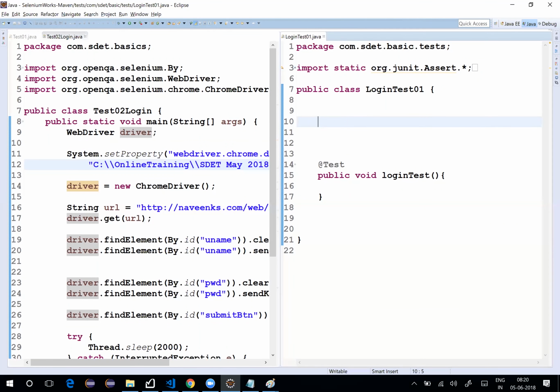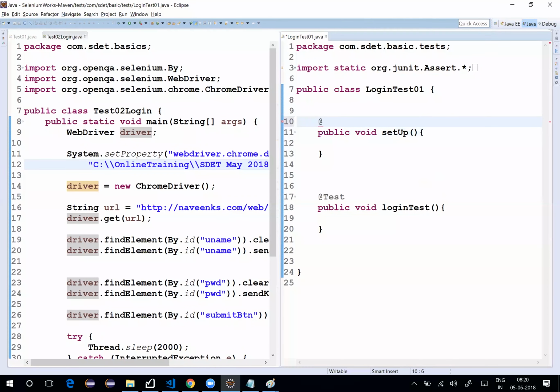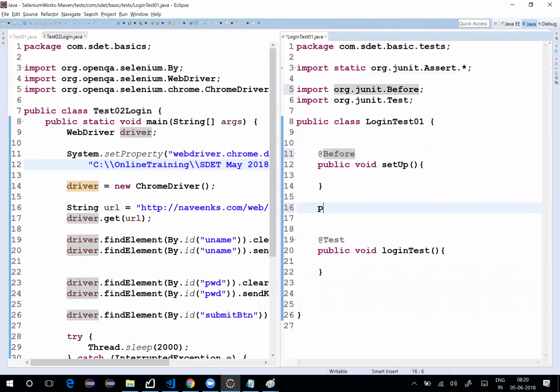So first and foremost, one is public void setup. This setup will pretty much help you put the business logic which you want to have before the test case can execute. So here I can have before. So this is where the before comes in. The next guy is public void